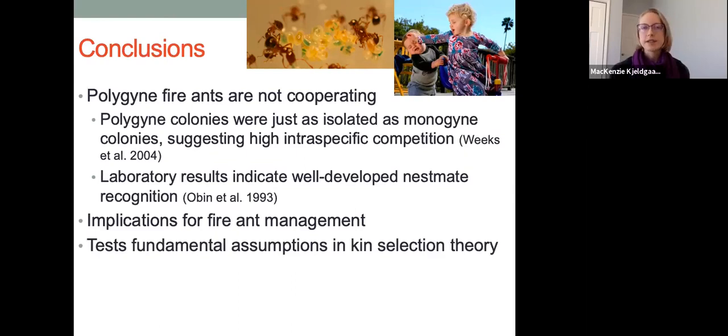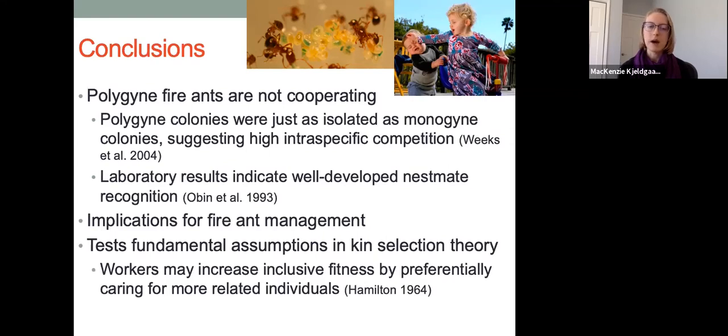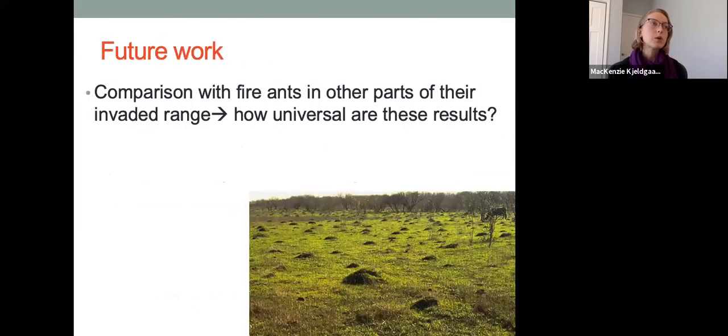This tests fundamental assumptions in kin selection theory. So workers may be increasing their own inclusive fitness by preferentially caring for more related individuals within the colony. So future work should compare with fire ant colonies in other parts of their invaded range to really determine how